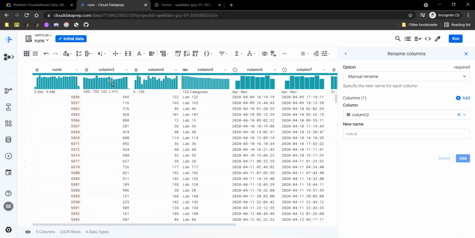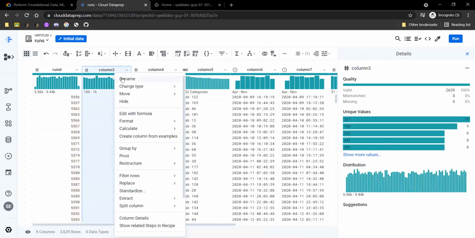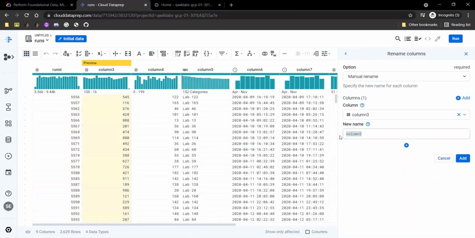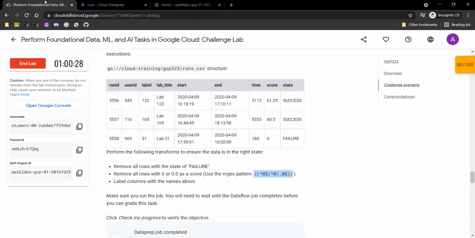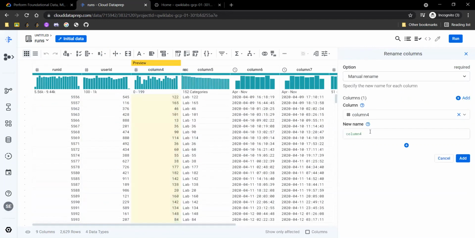Click on add. Click on this column as well, right click, rename. Give it user ID. Click on add. Do that for the rest of all the columns. Click on rename.